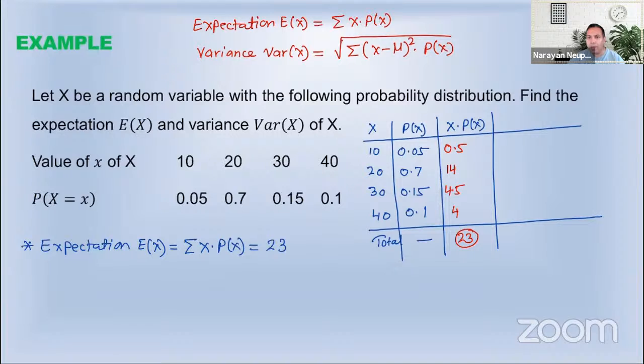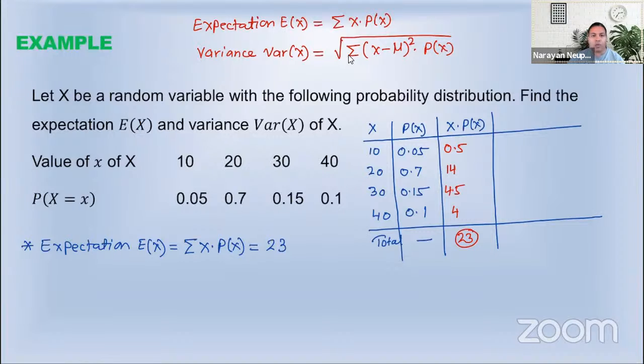Okay, now we are going to calculate the variance. You can see in variance, we have to find the sum of something that looks like this. Looks a little crazy there. It's not that crazy though. We have to find the sum of